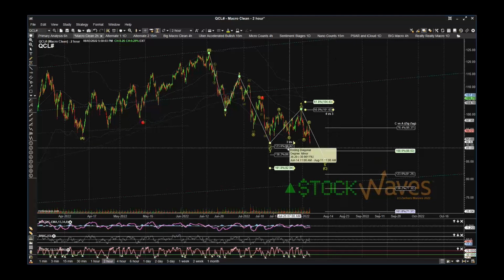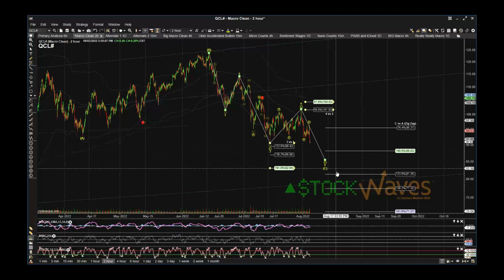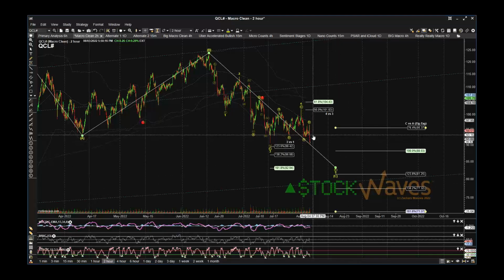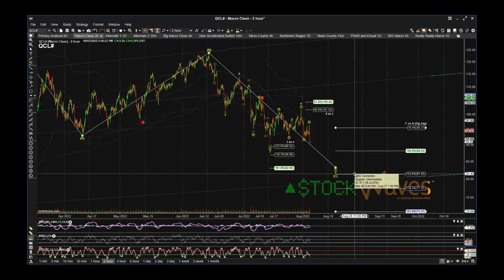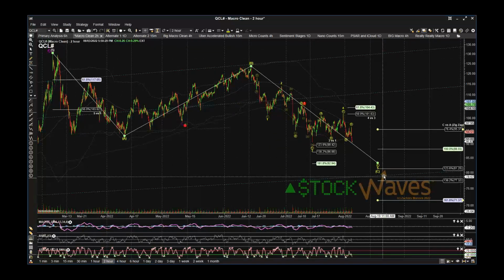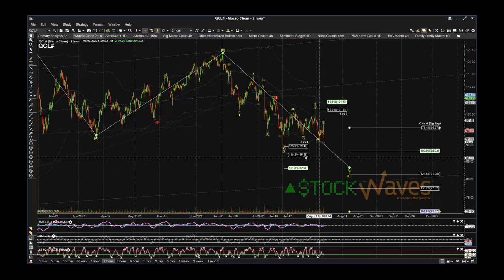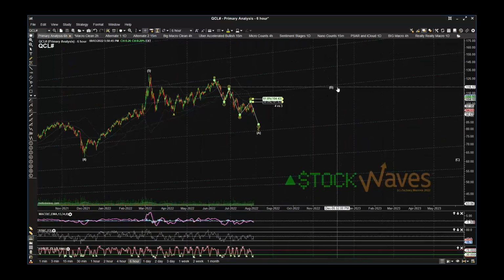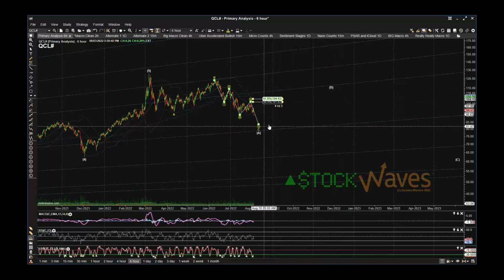The 100% extension is nominally lower than the third got, so it's possible that this spikes down and gets more extension for that C wave of 5. This might be just a wave 1, get a little bounce as wave 2, and then 3, 4, 5 down for the C wave, trying to get closer to that 81.25. That might be a little bit more indicative of this being all of the intermediate ABC correction and not just an A wave. But when you have structure where it looks clearly like a large ABC, and particularly when that C wave is filling out as a diagonal, even if you're going to lean more to only getting a B wave bounce from there,